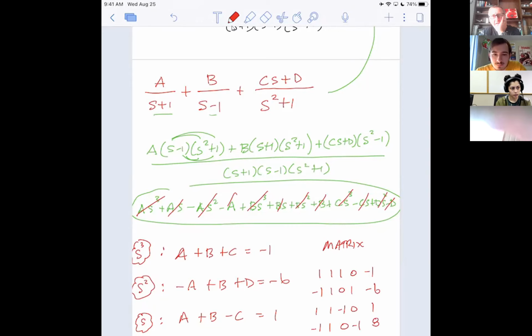Second matrix really quick. 4x5 matrix. Hopefully I can type this in fast. 1, 1, 1, 0, -1, -1, 1, 0, 1, -6, 1, 1, -1, 0, 1, -1, 1, 0, -1, 8. Second matrix, reduced row echelon form. Matrix A for me, I got